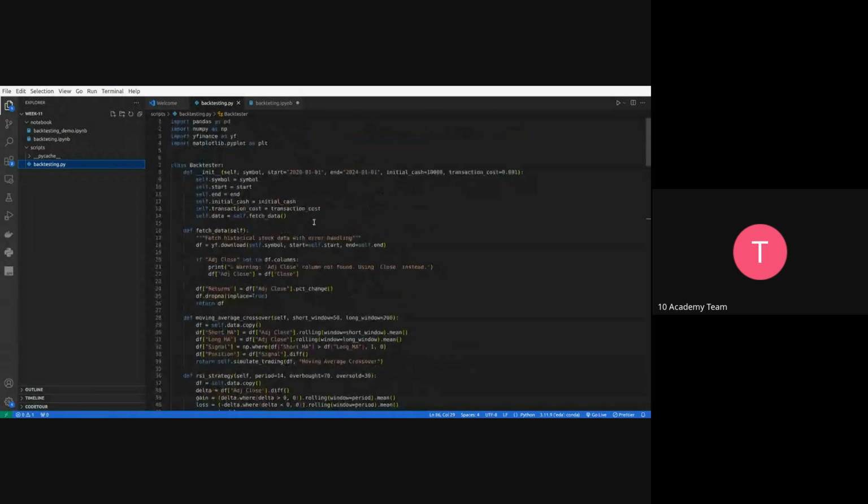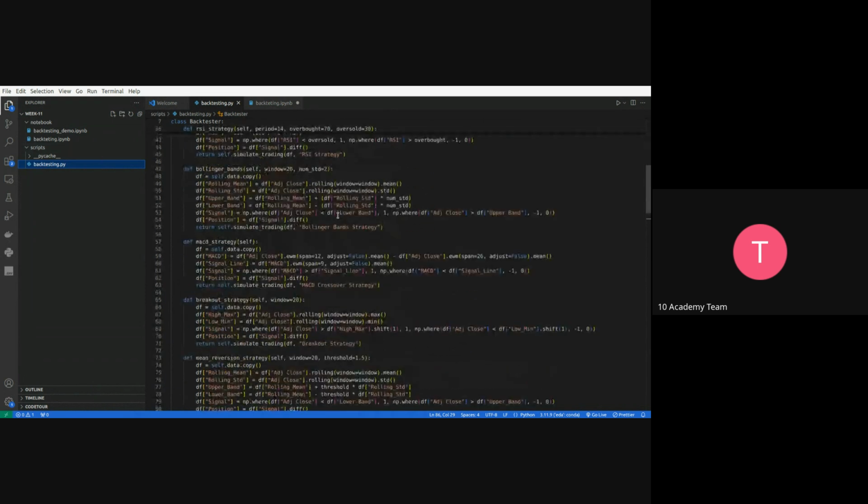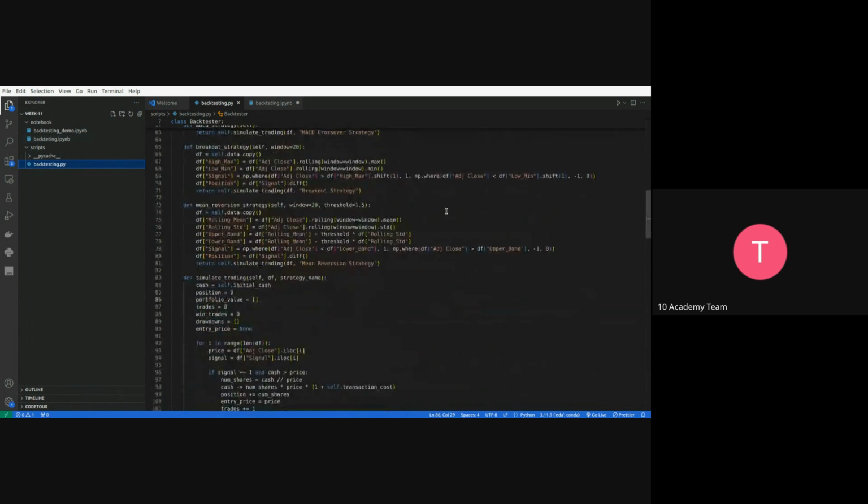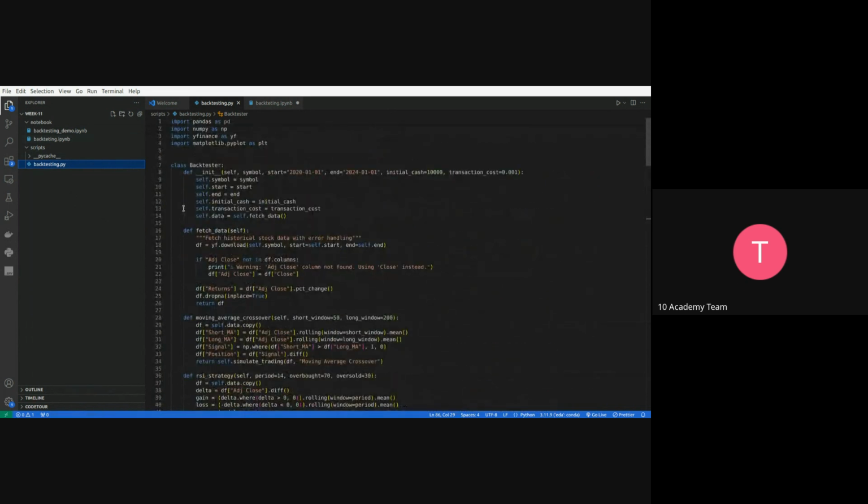As always, what I try to do is I wrote one script for the backtesting class, and I will import all these functions into my backtesting notebook. These are all the strategies that we have. The first thing we do, I think you are required to work on Tesla, if I'm not mistaken. But the first thing is we initialize some